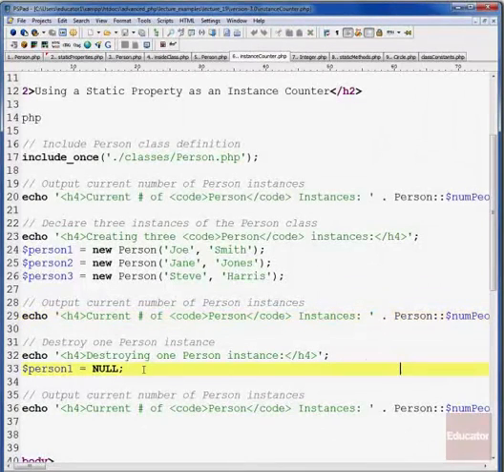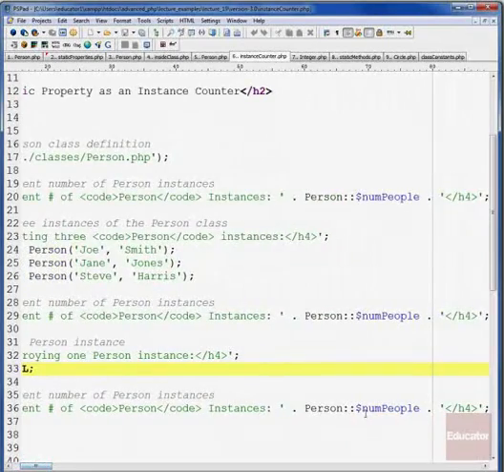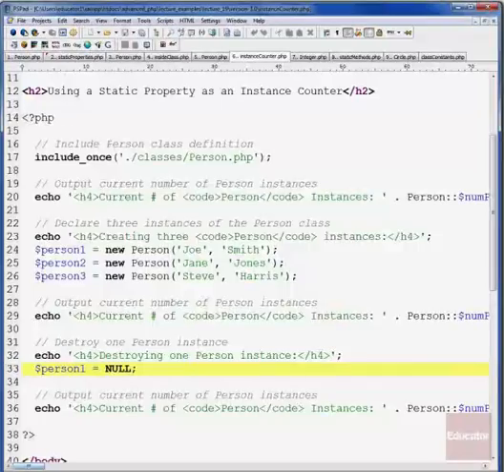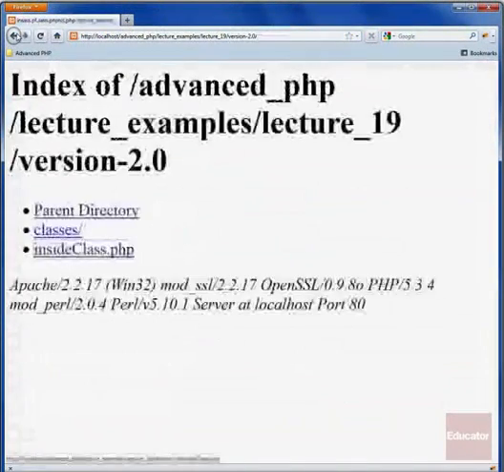Then we're going to get rid of one of the person objects. We're going to set it equal to null. That's going to implicitly call the destructor, which is going to decrement it by 1. So now it's going to say the current number of person instances equals 2 when we again reference Person::numPeople. So if we go and look at this script in the browser,